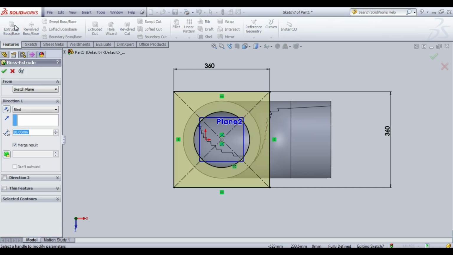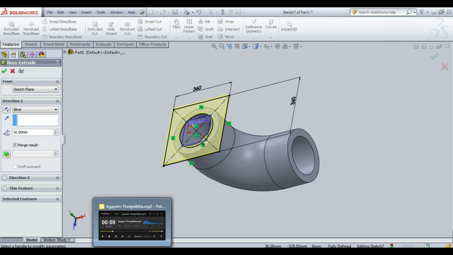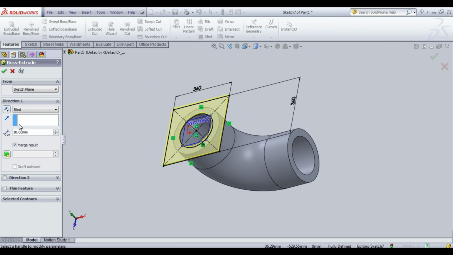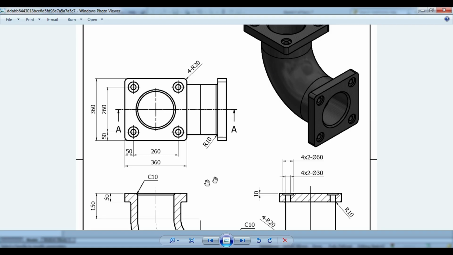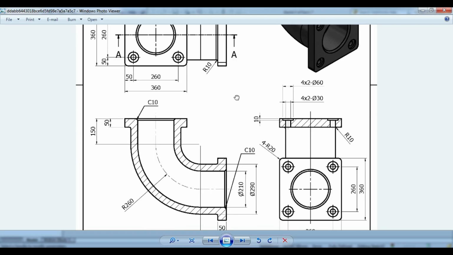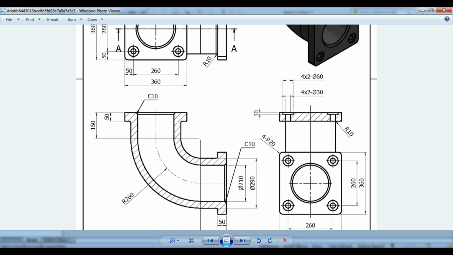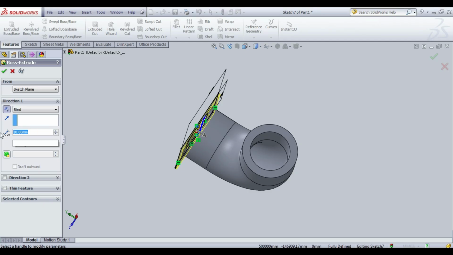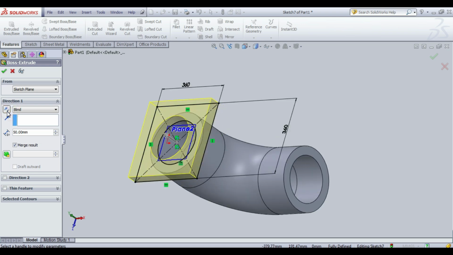Extrude base. Click on extrude base because these bases are not above the pipe. It's a reverse. Okay. For thickness is 50 mm, the inner side of the flange.